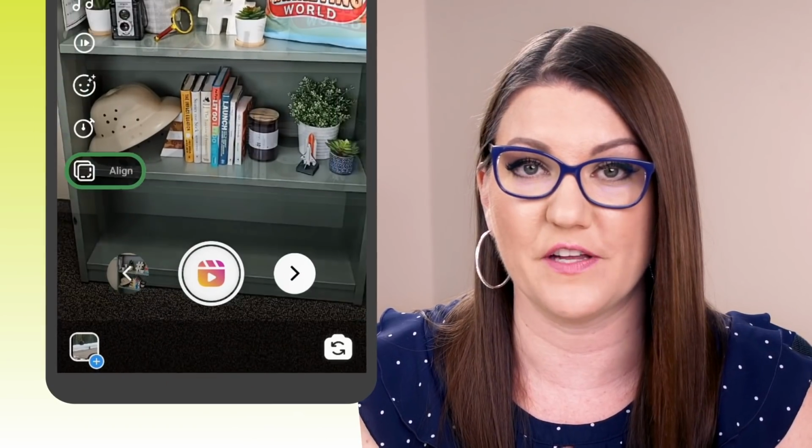Here's a fun tool that they added to Instagram Reels. It's called Align. So if you're adding multiple clips and you want to align your frames to match up from one clip to the next, use the Align feature, which when you tap on it, brings up a translucent final image from your last video and will show you where that video ended off. Now you can overlay your existing camera shot on that previous one to make sure that everything lines up perfectly before you hit record again. It makes it really easy to keep your camera all aligned sequence to sequence.